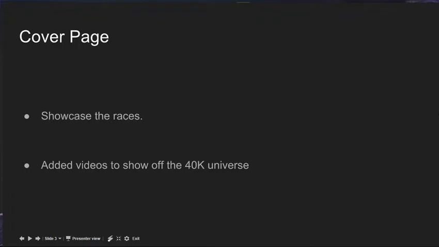And so then my cover page. I showcase all the names of the races that I decided to put on the wiki. I tried to make it look pretty nice. Right below that, I've got just quotes from certain characters in the universe. Some orcs saying some pretty weird stuff. They don't speak like the rest of the races. They've got kind of a weird lingo going on with them. And I added a few videos of trailers from a couple of the Warhammer games that have come out,